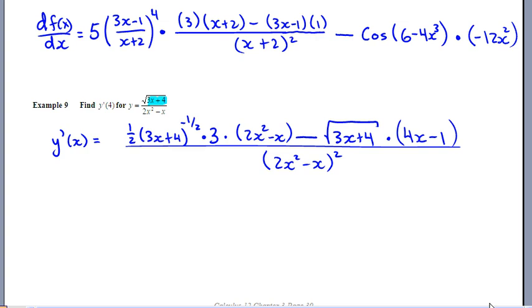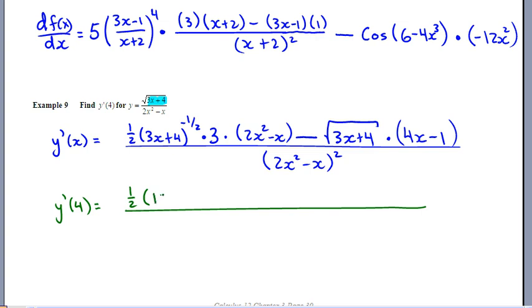And now they're saying, well, you're not quite done. Now you need to go and actually evaluate that one time for 4. You can see why we're not going to simplify this, right? Like, why would you simplify it if you're just going to use it once? In goes the 4. Oh, this is going to be big. Okay, so we're going to have 1/2 times 3 times 4 is 12, add 4 is 16, all to the negative 1/2 times a 3, right? Times 2 times 4 squared, 2 times 16 is a 32, subtract 4, that's a 28,